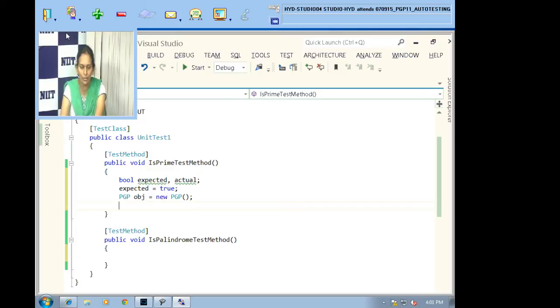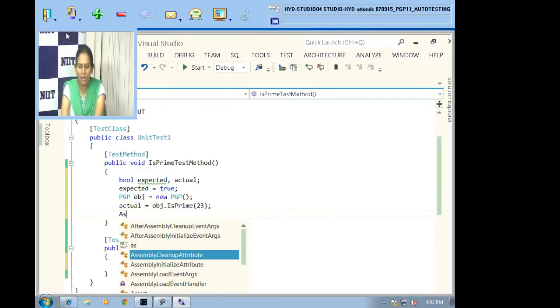Now actual is equal to obj dot, what is the function I need to call? Is prime, and what is the value I am passing? 23. After passing this 23, whatever it returns will be in actual. So with Assert.AreEqual